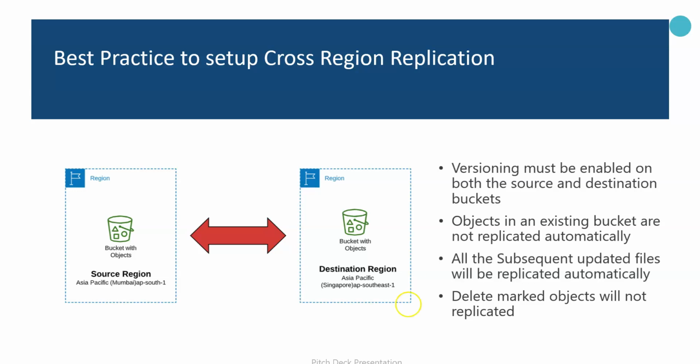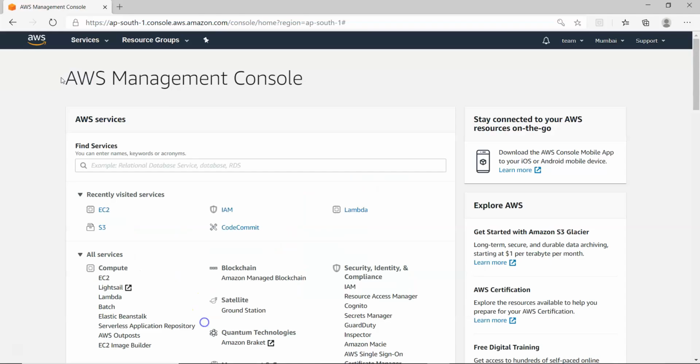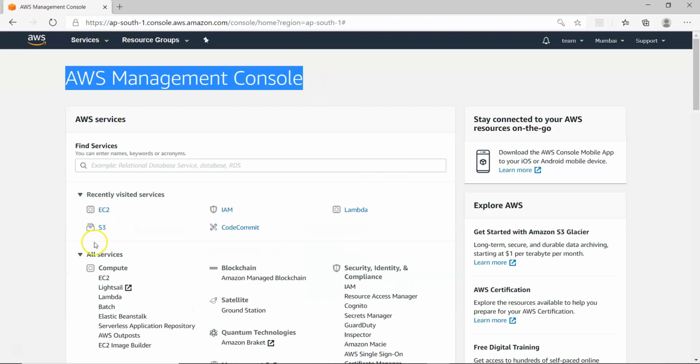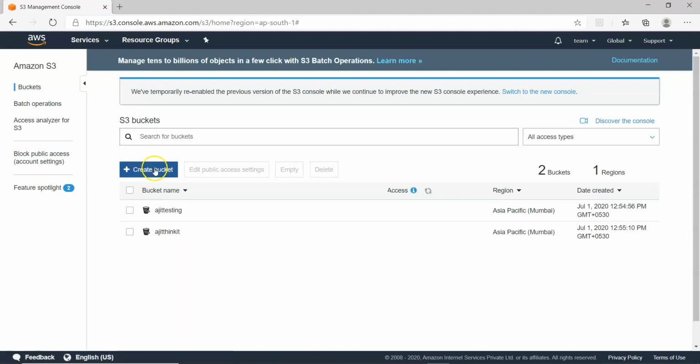So let's go to the AWS account and start with the practical. Log into my AWS management console. I will go to the S3 bucket. So I will create a bucket,